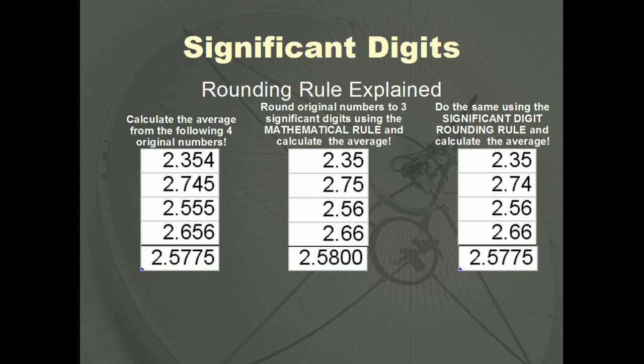Now, if we take the average of this, you can see an amazing result. It's 2.5775, not rounded to any significant digits, which means we have our original result of the averages as done in the beginning. Hence, the significant digit rounding rule helps us to mitigate false positives or false negatives if we take